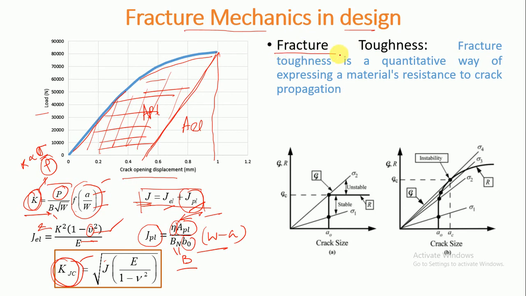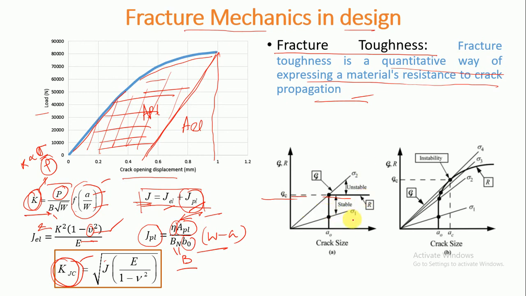What is fracture toughness? Fracture toughness is a quantitative way of expressing a material's resistance to crack propagation. Basically, we need a fail-safe model, where we can be sanguine that there will be no further crack propagation. So, for a brittle material, fracture toughness is a single number,